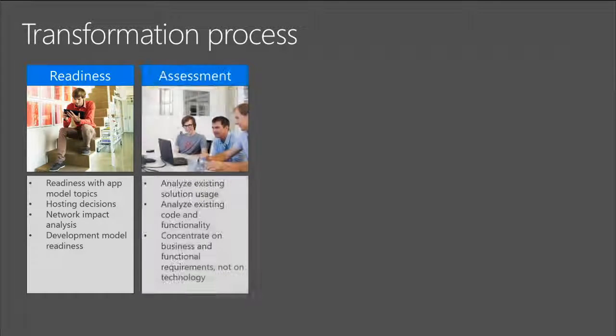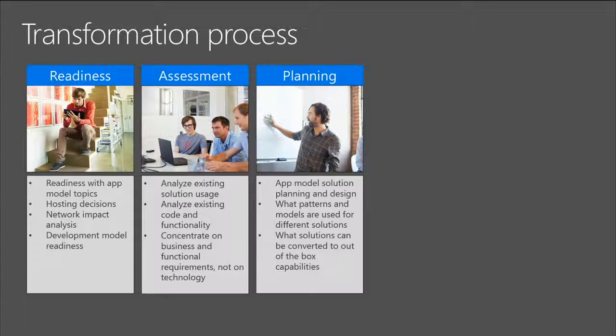Then we do assessment. We want to make sure that we understand what the customer actually has as a full source code solution. We use the analyzing tools for doing that, and we concentrate on the business and functional requirements. What does it actually do from a UI and UX perspective? That's the key point. After that, we'll do a planning section, and we want to make sure that, okay, how do I actually then kind of implement that using the app model techniques? How do I convert? What does it mean now that I need to enable that particular functionality using the app model techniques? And then after that,